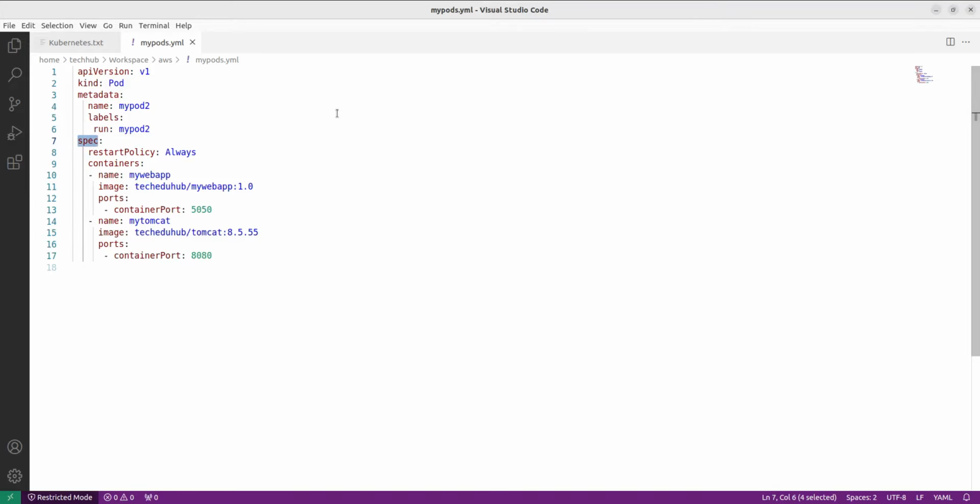Specification is a map type. If you see here, restart policy is a single type. Container, again you can say this is a map type, but generally we will call it an array type. How is it an array? Because these tags will be repeated. See, name, image, port, and some more tags that will be repeated, because under containers,